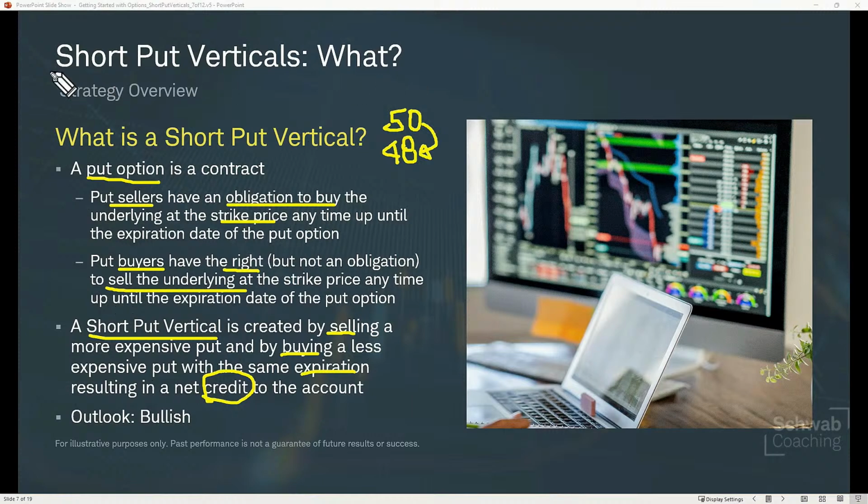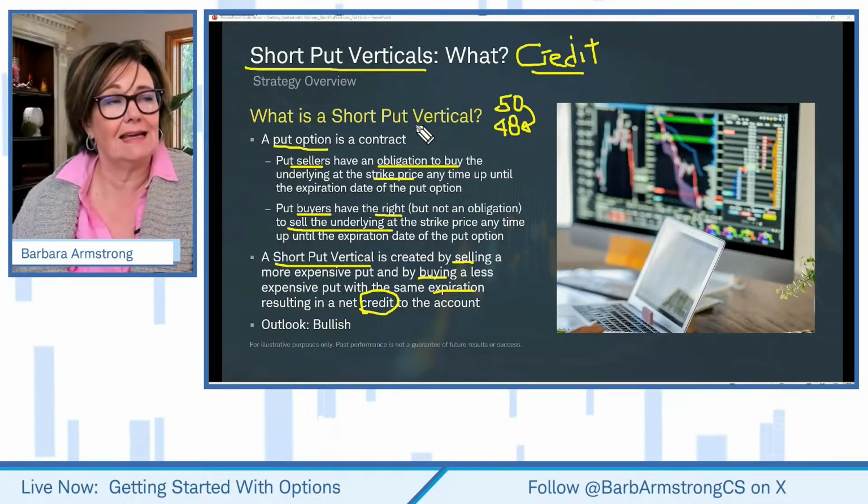And so it's called a short put vertical because we're selling a put. And the put we're selling is worth more than the put we're buying. So it's a net selling, and we get paid to get in. So we receive a credit. And actually, the most we can make on this trade is what we get paid to get into the trade